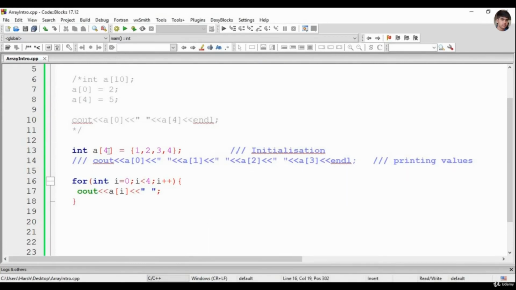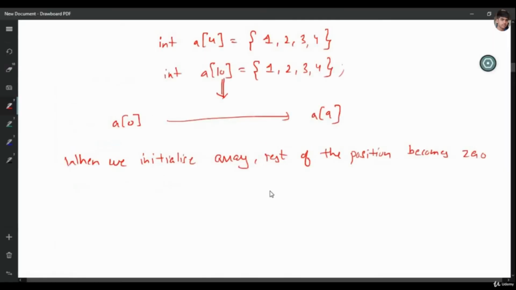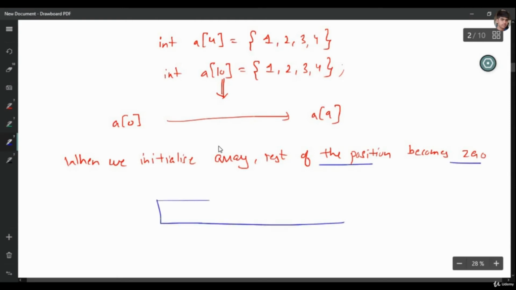Now what I was trying to do is, what if I make an array of size 10? So I told you, if we initialize the array, the rest of the positions become 0. So what is the meaning of this? The meaning is very clear. The first 4 positions, 0, 1, 2 and 3, to which I have given values, will become 1, 2, 3 and 4, and all the rest of the positions will become 0.